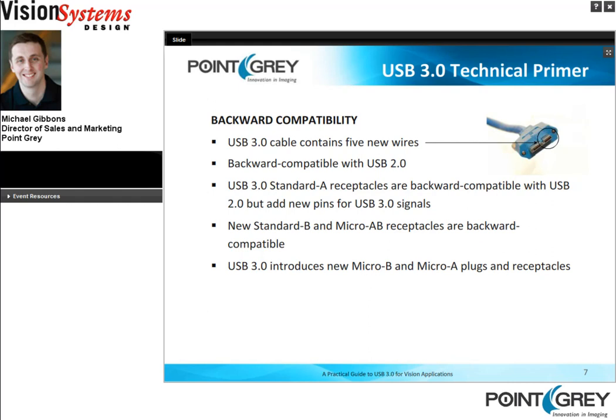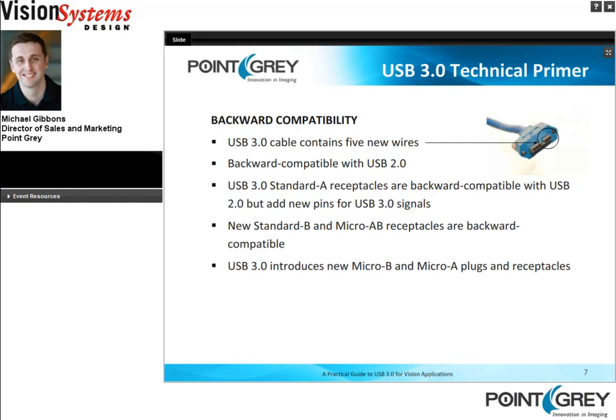A bit about backward compatibility. USB 3, the actual connector and cable, contains 5 new wires. I've circled the 5 wires on the micro B connector there just to show the extra wires. It's backward compatible with USB 2, and I'll talk a little bit about that later. USB 3 standard A receptacles are backward compatible with USB 2, but add new pins. There's new standard B and micro AB receptacles, and then USB 3 introduces new micro B and micro A plugs